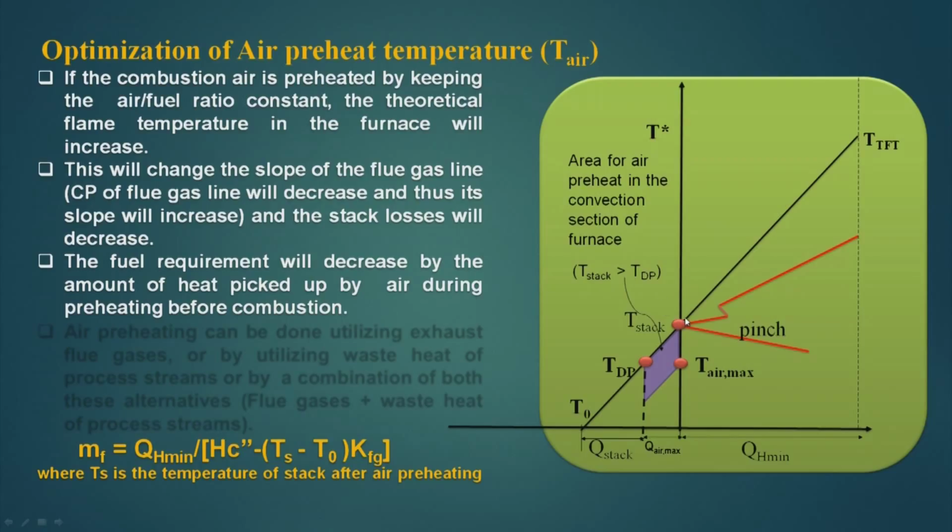So, what we found is that when we are heating the air, this TFT is increasing, and once TFT is increasing, we have different lines here, and based on the slope of the lines we can find out the Cp value of the gas line. If the Cp is more, the slope is less, and if the Cp is less, then the slope will be more, because it is 1 by Cp.